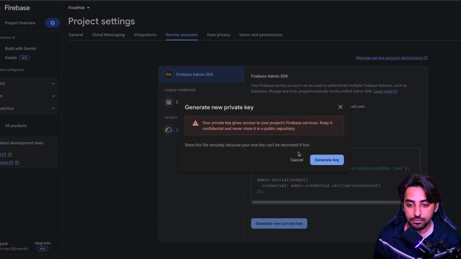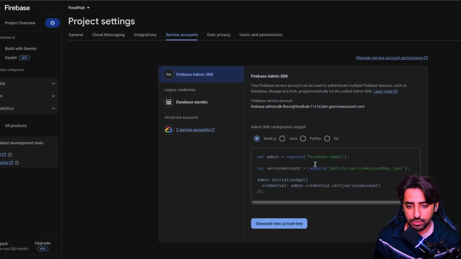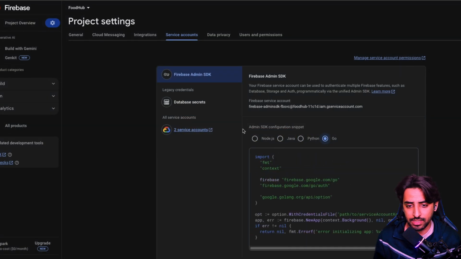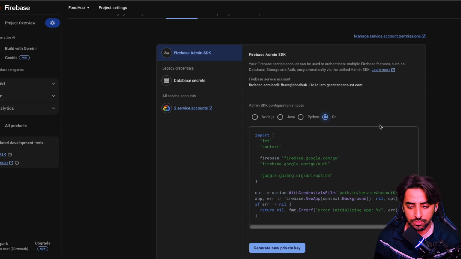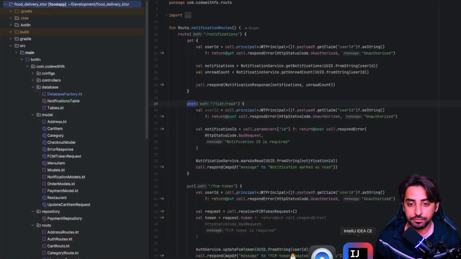Now I'll just download it. Just don't worry about this code. It doesn't matter whatever it's selected. It's just a snippet for you if you want to implement in one way or another. But yeah, now you can see that I have downloaded the file, and once we download that file,